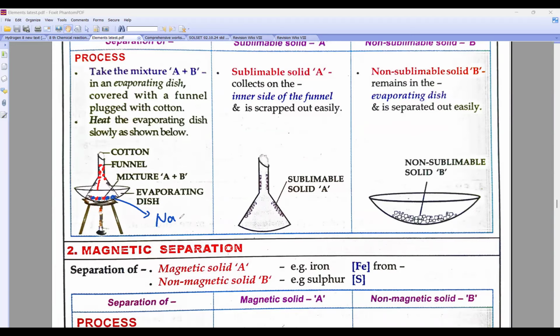In a diagram-based question, they will say this one is what, non-sublimable. This one, which has condensed on the surface at the tip of the conical flask, is the sublimable substance. And that one is which one? Ammonium chloride. Instead of ammonium chloride, I can give you iodine here. If they have given iodine, then iodine. Camphor, then camphor. Okay? Clear, right?